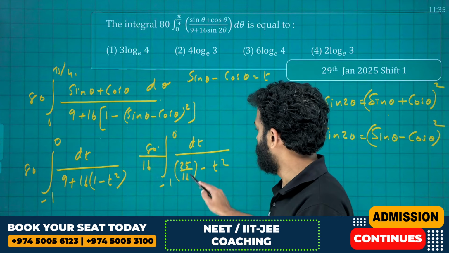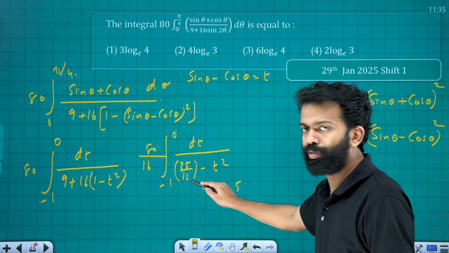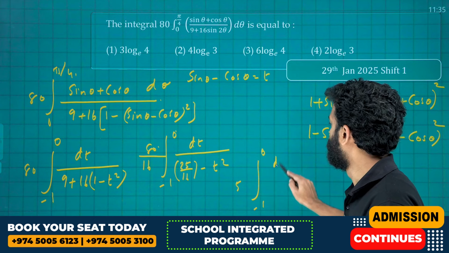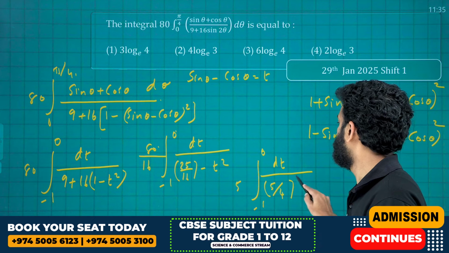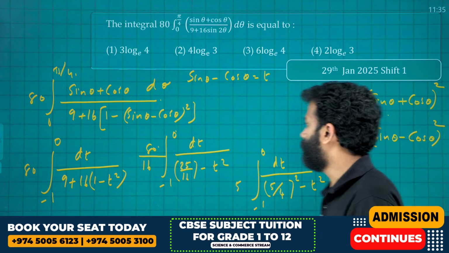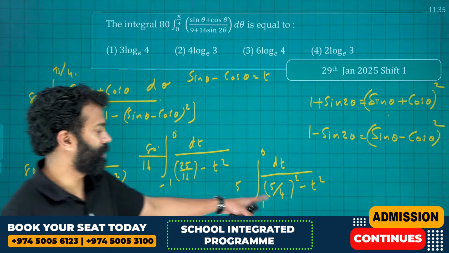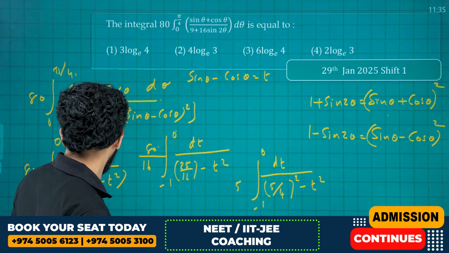Okay. So, 25 by 16 can be written as (5 by 4) the whole square, right? That is 5 into integral minus 1 to 0 of dt divided by ((5 by 4) the whole square minus t square). What is the corresponding formula of this one? Direct integration, right? That is a square minus x square. How will you formulate this one? In the next slide, we can do this. There is not enough space here. It will be